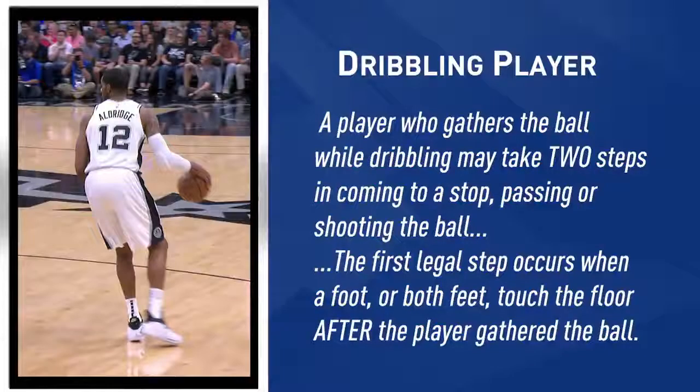Next, let's take a look at some examples of a dribbling player gathering the ball in a variety of situations. A player who gathers the ball while dribbling may take 2 steps in coming to a stop, passing, or shooting the ball. Note that the first step occurs when a foot, or both feet, touch the floor after the player